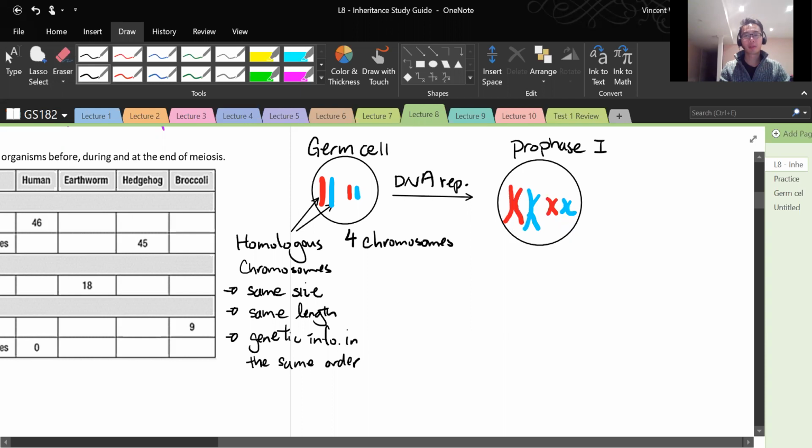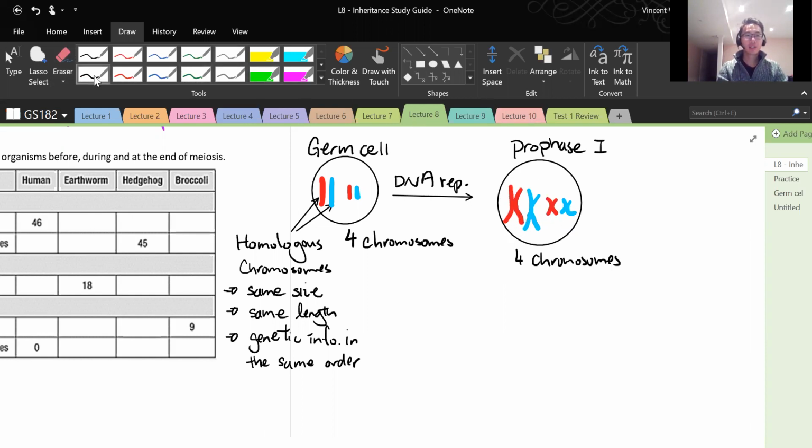Well, this is the confusing part, right? And I got confused last week too. Yeah, Paul is correct. It's 4 chromosomes. Okay, as long as they are stuck together, it's considered as 1. Okay, so it's still 4 chromosomes. Okay, but we would have like 8 chromatids, right? Okay, so let's